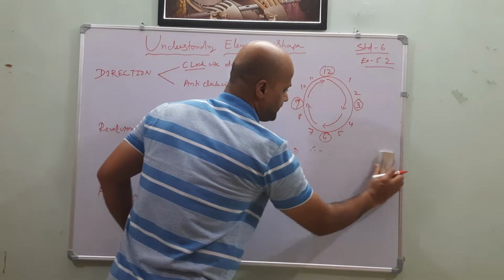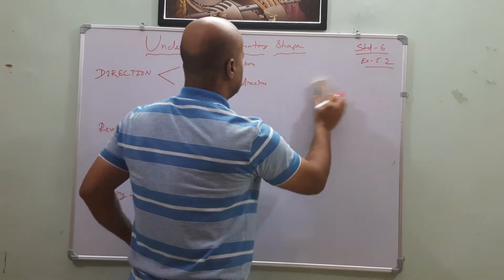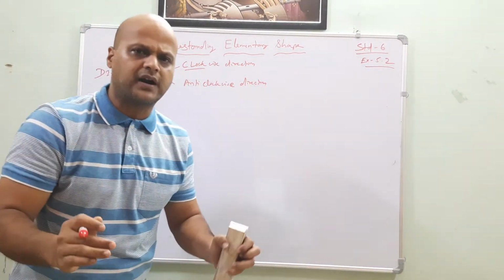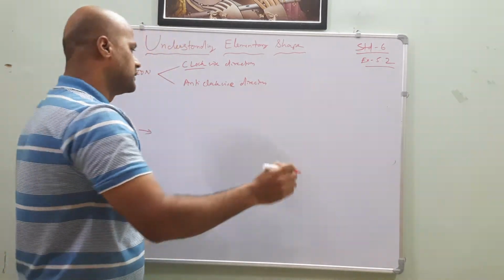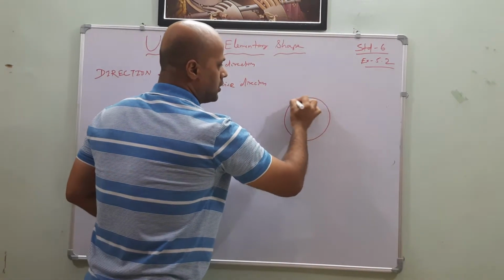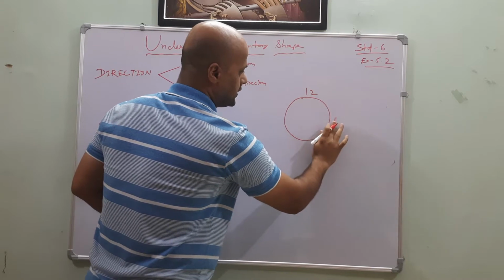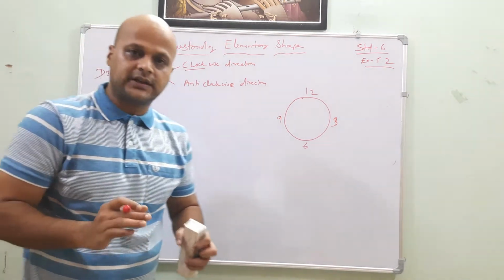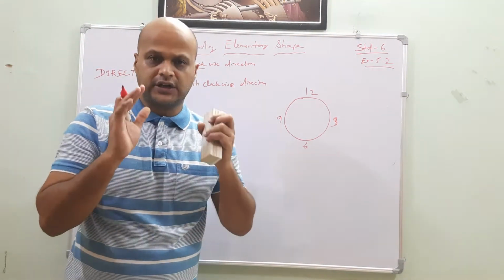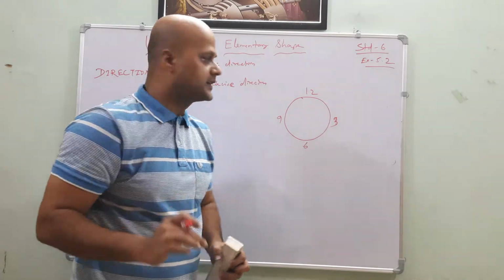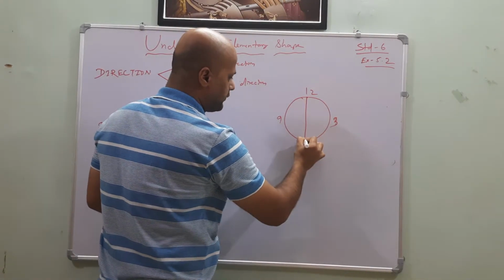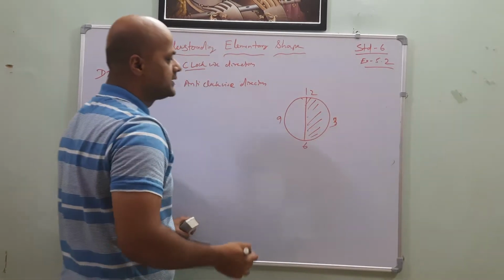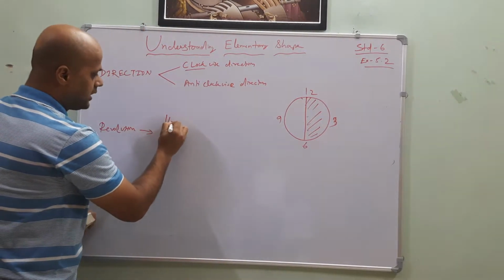Okay, very good. Now, revolution means how many parts it revolves. Again coming to the clock, 12, 3, 6 and 9. Now we know that a circle can be equally divided into 4 parts. Yes or no? This is called half. If I take this side, then the first term coming is half revolution.